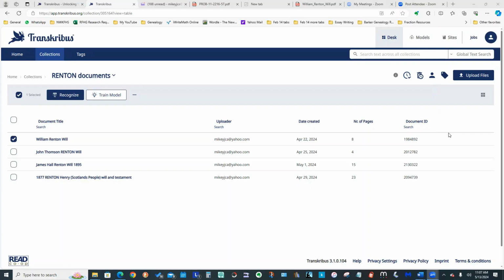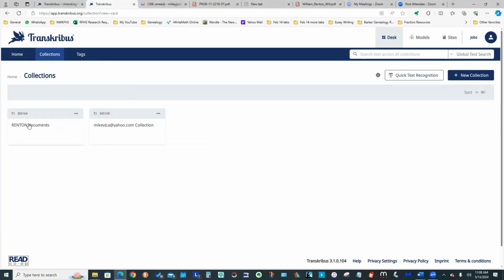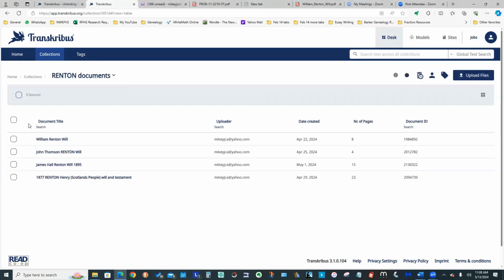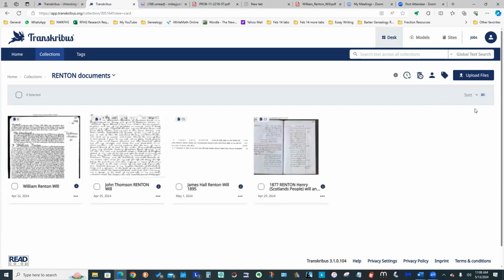I touched on the fact that once you have transcribed something, you can actually export the information. So I've been playing around with the export side. If I look at my Renton documents files here, and I can switch between images or list of files, I actually loaded in 4 PDF files that